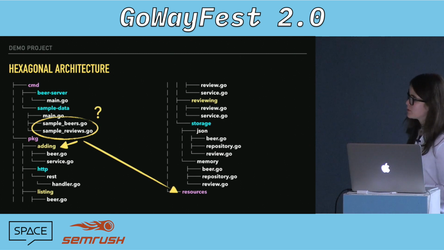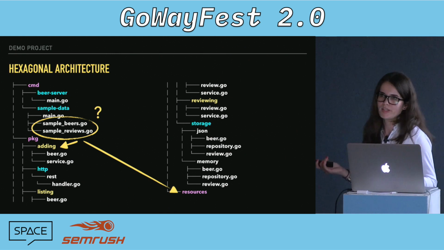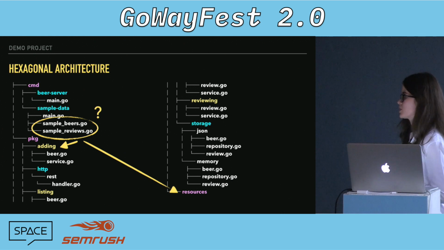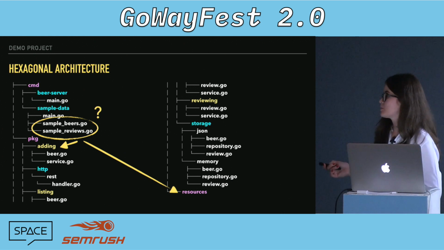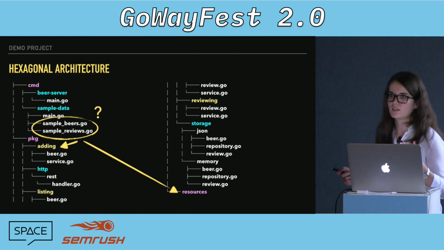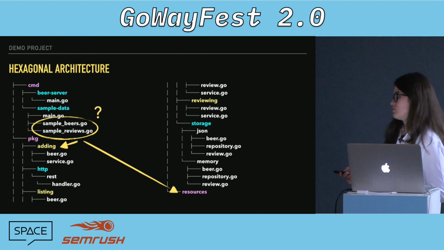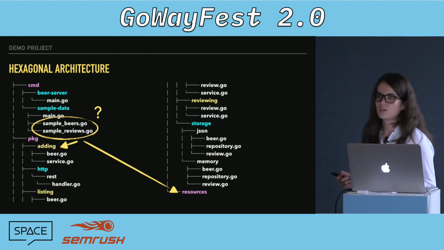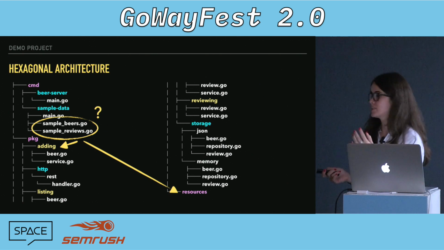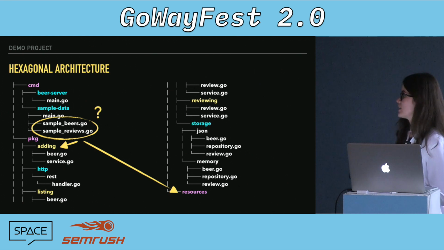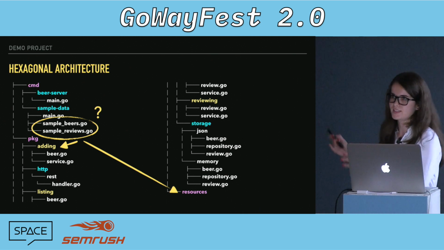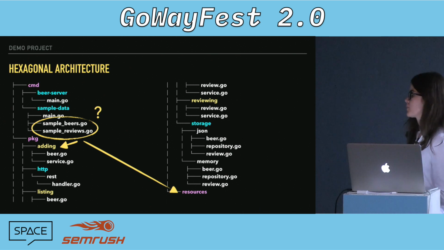So a quick note on where to put the sample data. I was a bit undecided, and it just shows you that at the end of the day, it's whatever you agree on with your team or with yourself, whatever works for you best. So I ended up adding them in the sample data directory here, and they're defined as Go slices of beers and reviews. My service files, the adding and reviewing services, define a method to add sample data. So I could put them inside the adding and reviewing packages as well, because sample data goes next to the function that adds them.